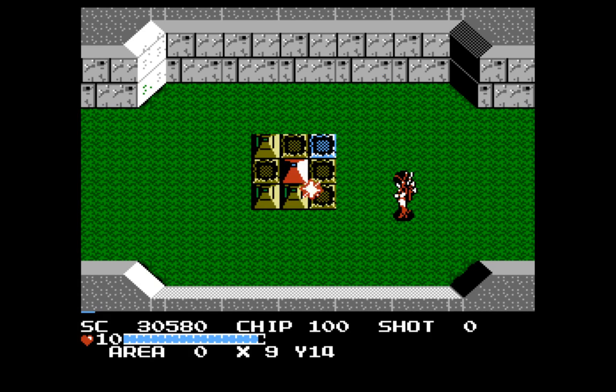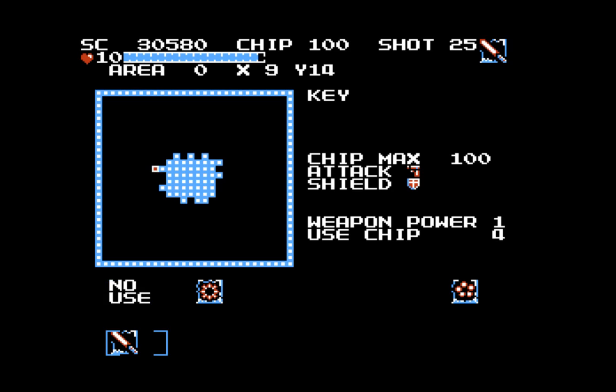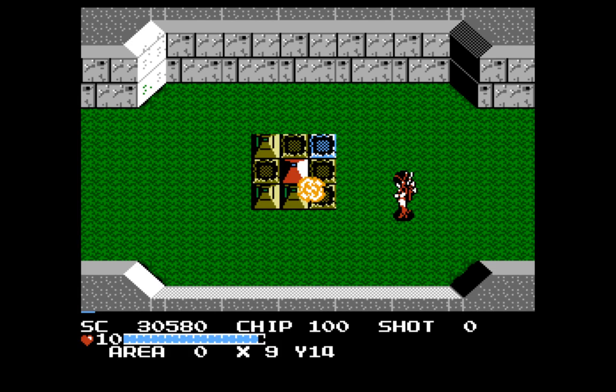Oh, I got a sword thing. Aha. Ooh. Okay, so now I can swap between them. Oh, okay, I've got a few different things. I'm running out of shots. Weapon power use chip 4. So every time I use it, I lose chips? Oh, no. But what? Can I use chips to upgrade it, maybe? But I only have a number of shots to use it. Okay,